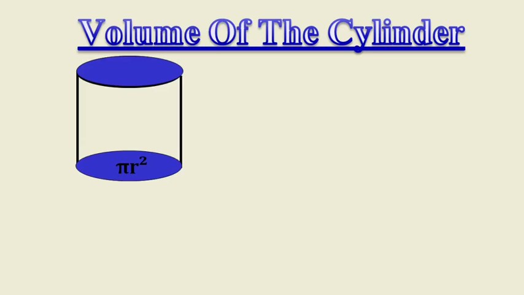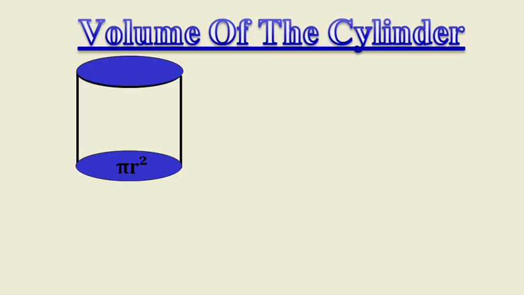Let us discuss volume of the cylinder. This is a cylinder, which is a regular shape, a regular object from bottom to top. Regular object means any three-dimensional object where the base surface area is the same as the top surface area of that object, whether it is in cuboidal shape, cube shape or cylindrical shape.